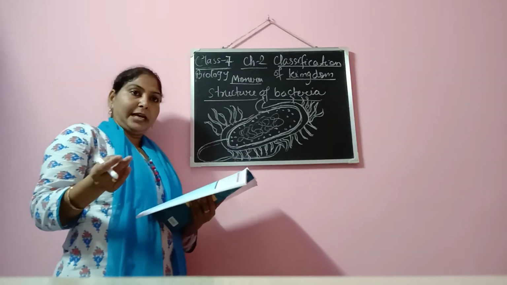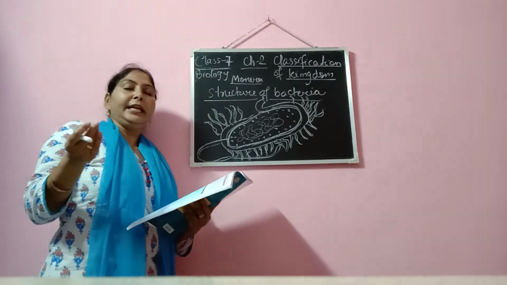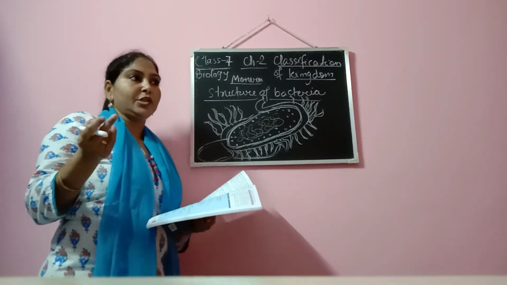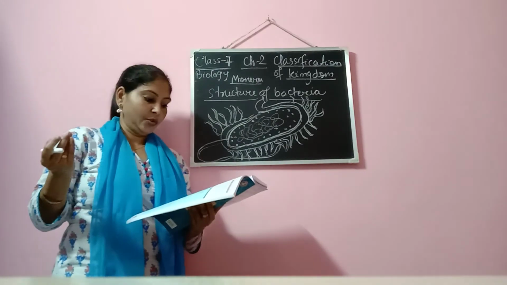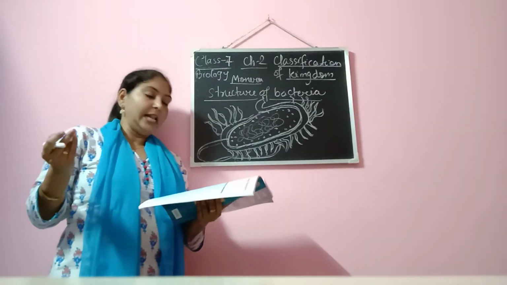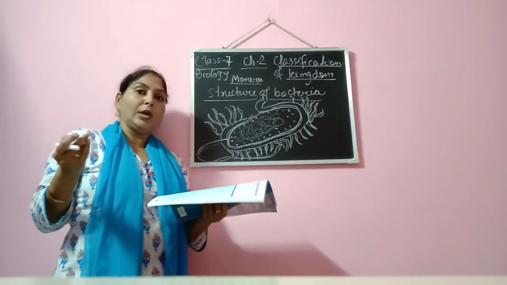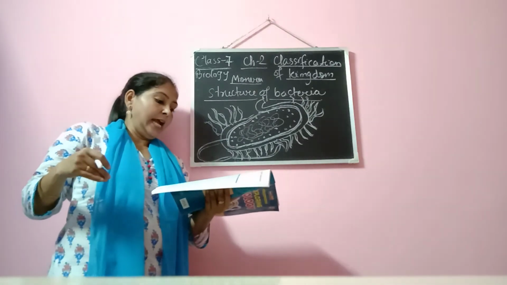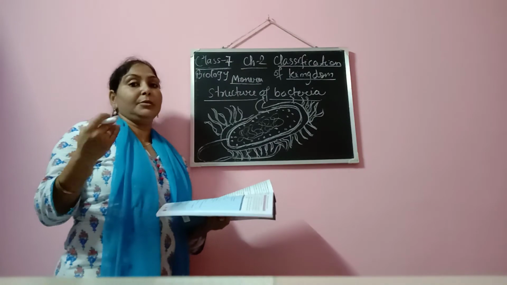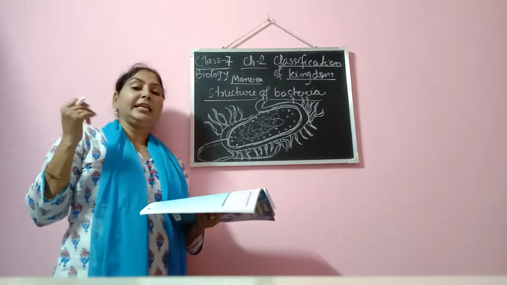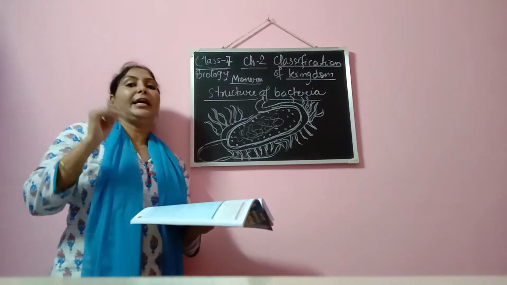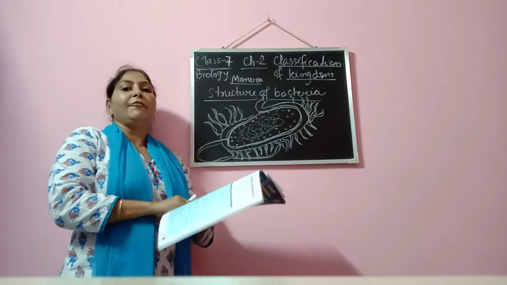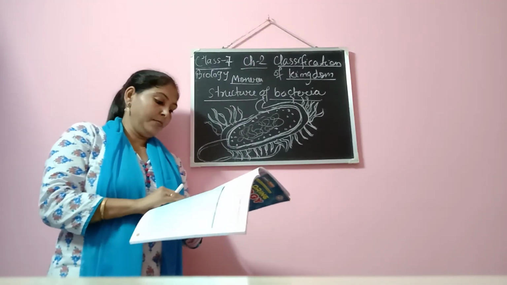Then there are certain bacteria which are helpful in preparing gas, biogas. You must have heard of biogas, which is used for cooking purposes, etc. Then the bacteria also help in nutrition. Some bacteria like E. coli, Escherichia coli, live in the intestine, and they produce vitamins in our body. That is, vitamin B and K are produced by this E. coli bacteria. So they stay inside our intestine, and they produce these vitamins which are useful for our body.